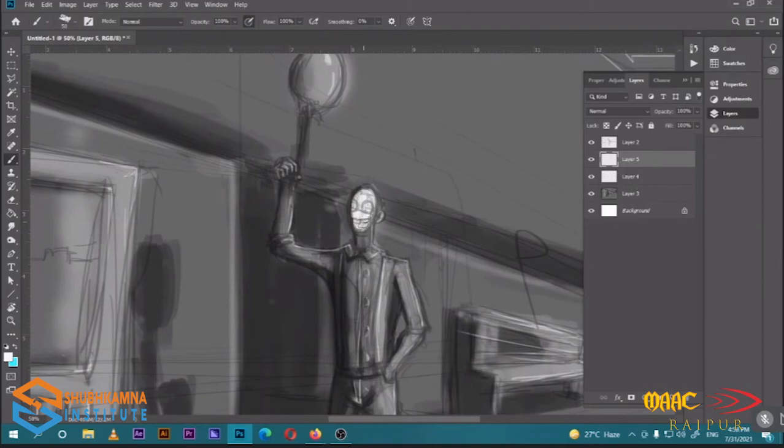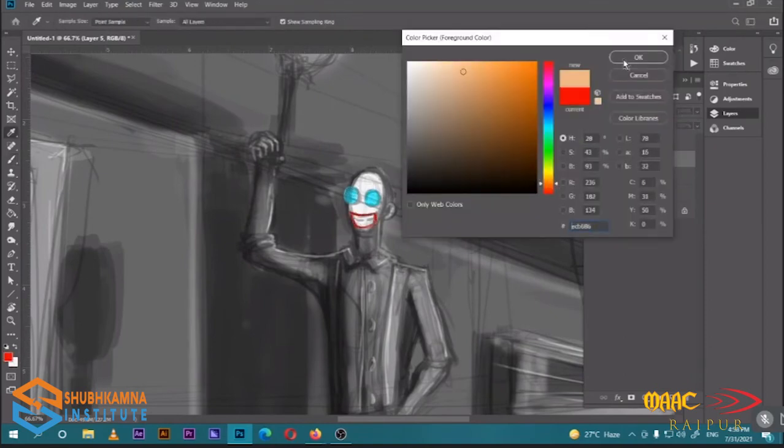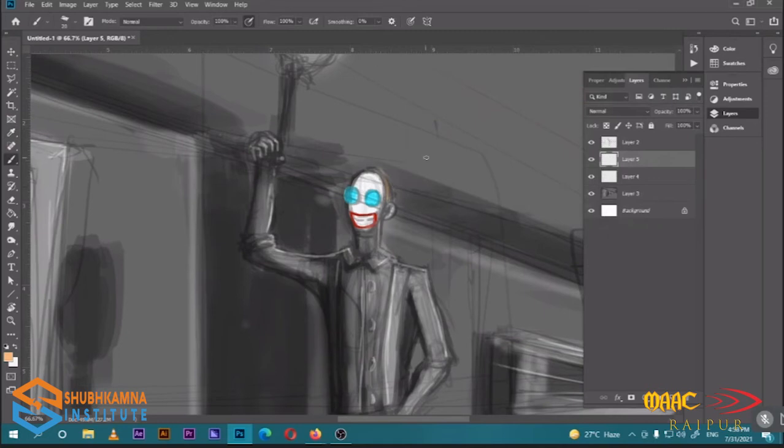The character has a mask over it, so I'm using this as a white color, and then we'll select some skin colors, but we are going to put those colors right over the color blending mode layer.